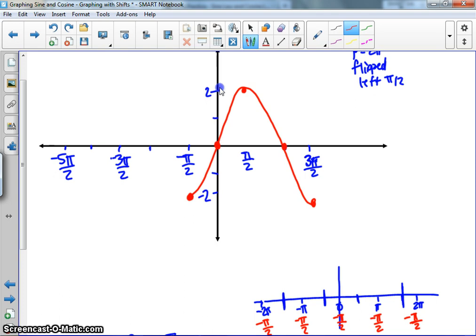And don't do what I did. I forgot this y-axis and went straight to this point. But this is always a point that we have to graph, okay, on the y-axis. So then to the left, I'm going to do the same thing I did over here. I'm going to go up through a 0, then through a max, 0, min. Now I want you to notice, because we shifted